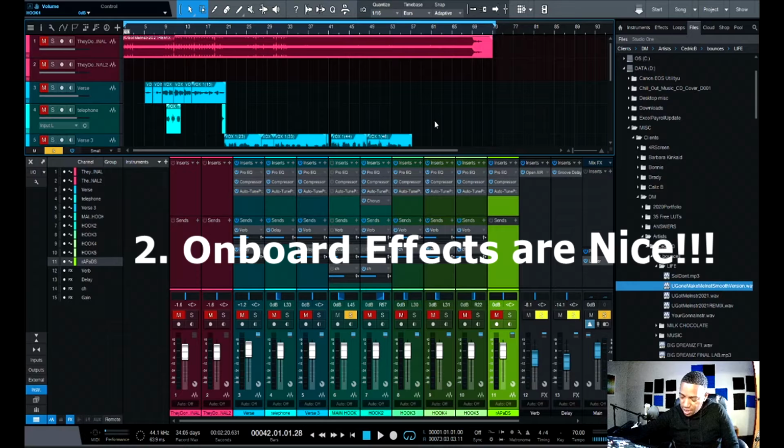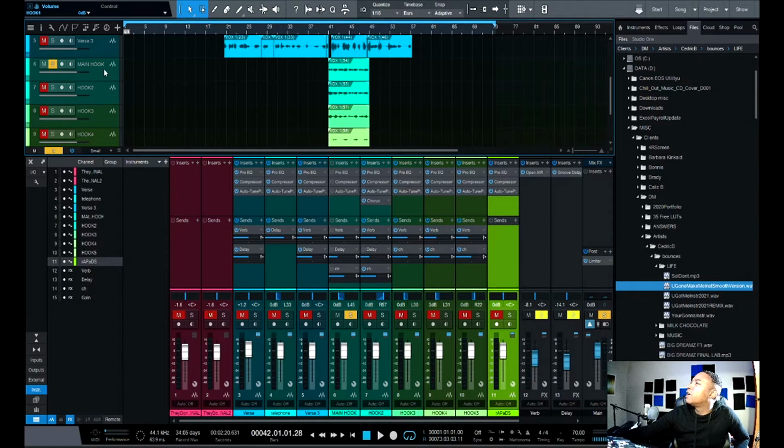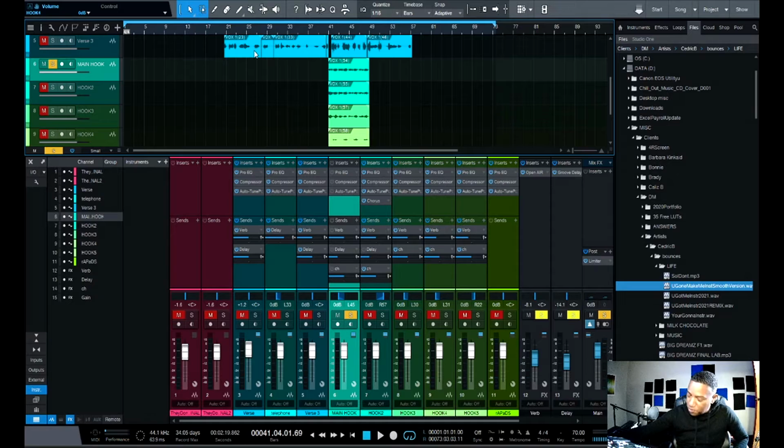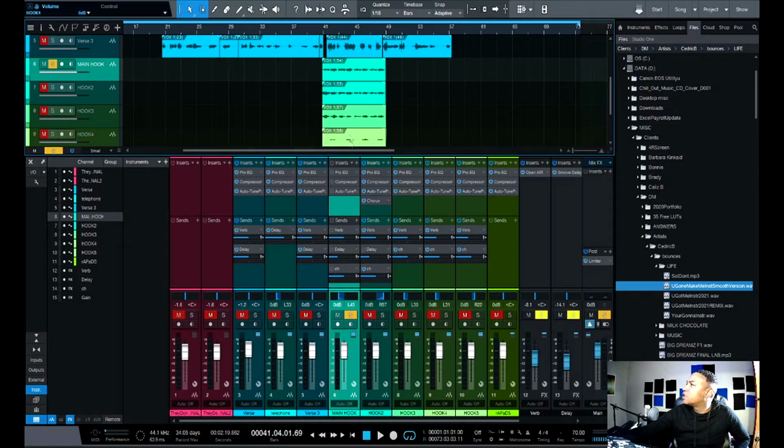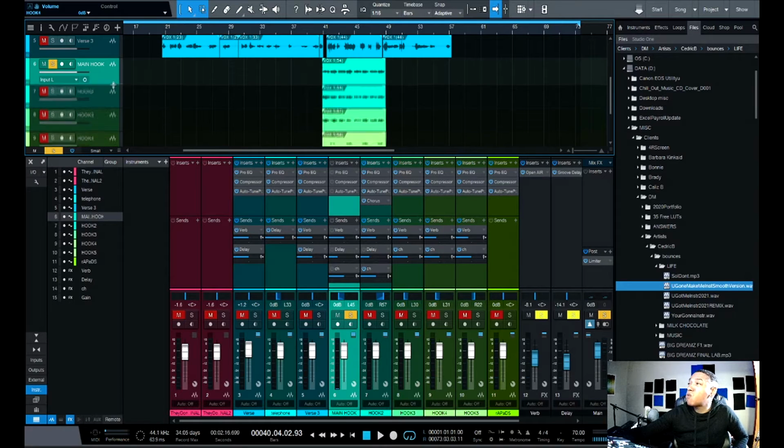Number 2 cool thing about Studio One, and I have a session open here so that we can see and hear. The second great thing about Studio One is the onboard effects are solid. All right, so I have a vocal here that I'd like for us to listen to. This is the dry vocal. All right, just some oohs and some ahs,